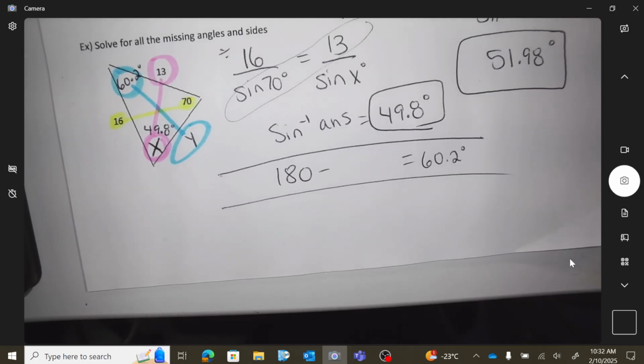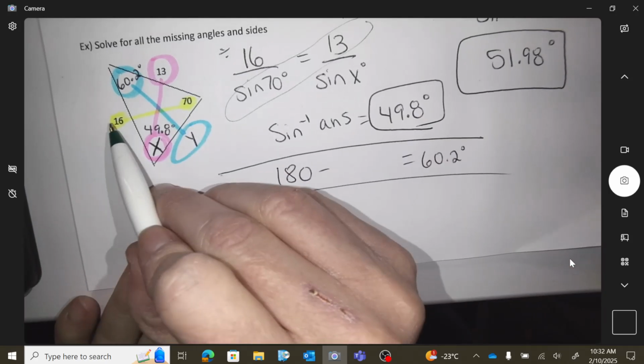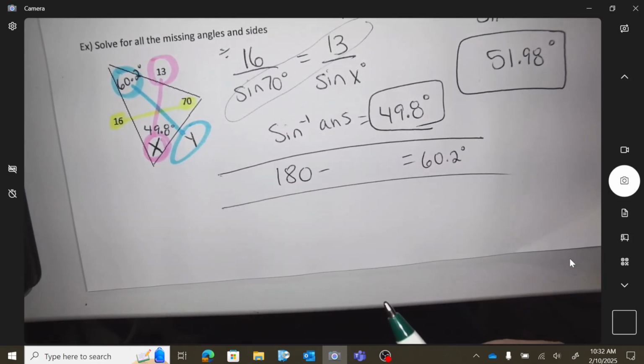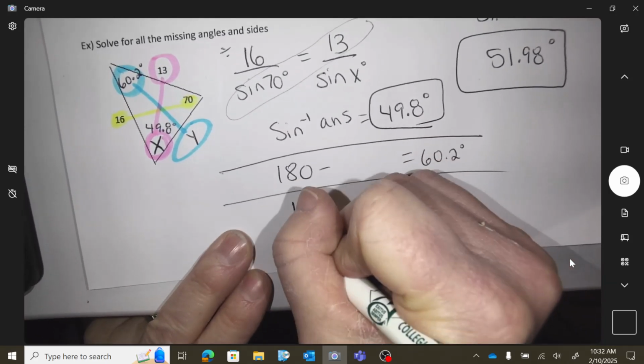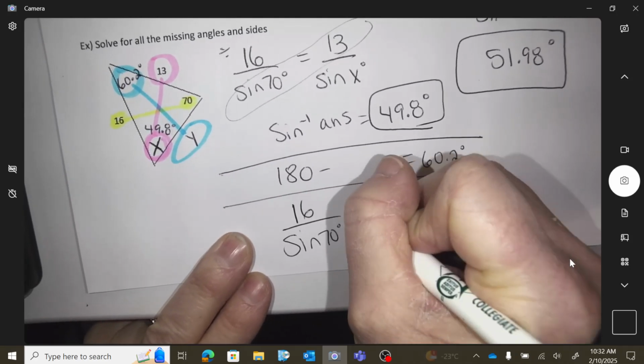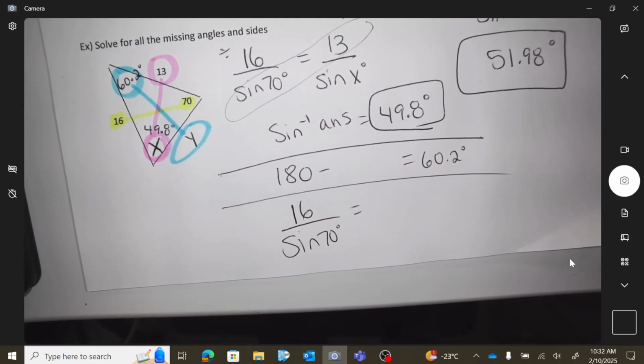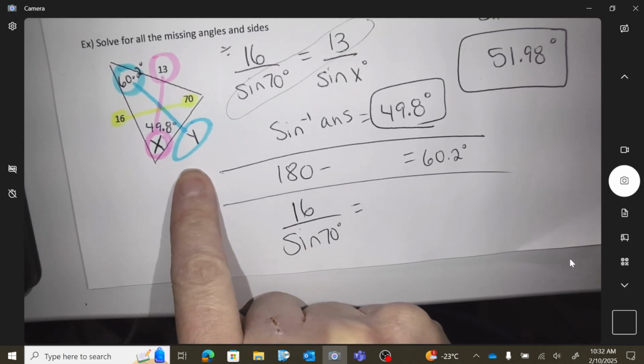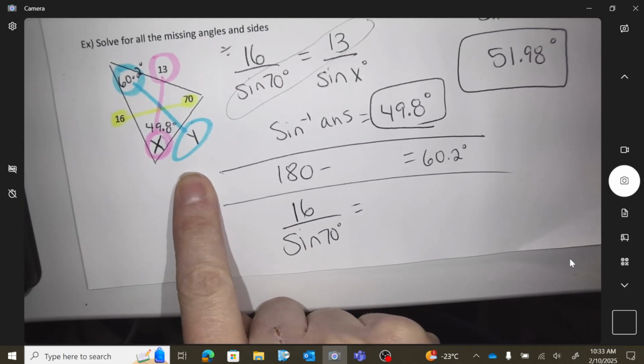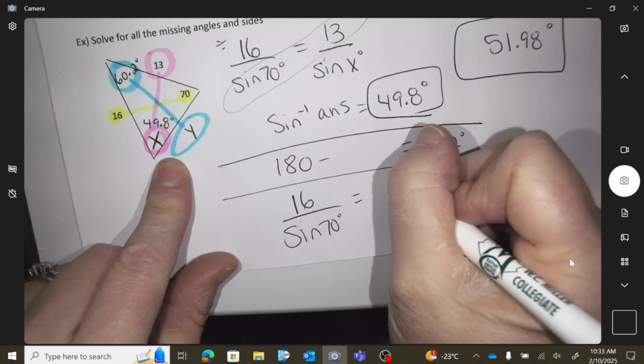Okay, so now here's my partner. You know what I'm going to use as my original partner? I'm going to go with this yellow. I'm always going back to the original. Okay, so 16 sine 70 is a partner. And now on my paper, I got my blue partnership. So I got to write this blue partnership down. So it would go like this, Y